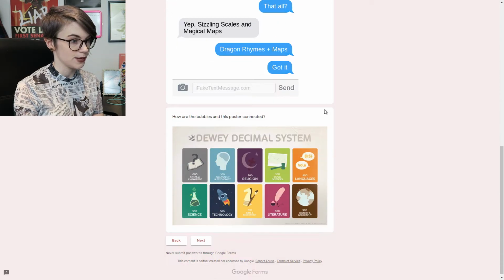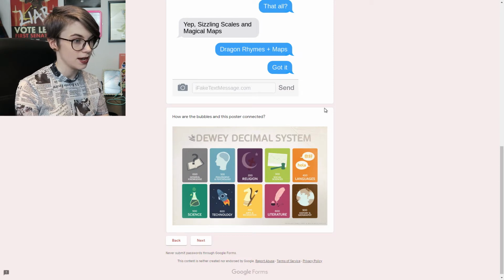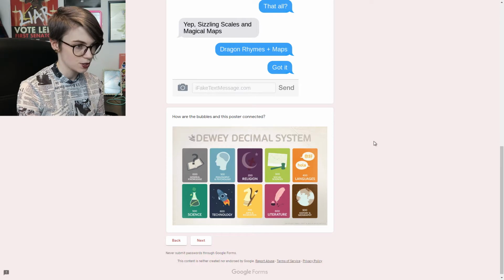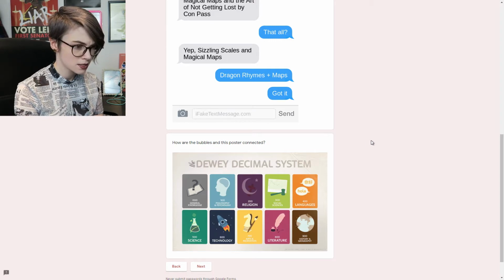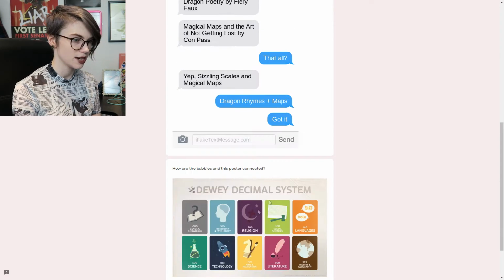Sizzling Scales and magical maps. How are the bubbles and this poster connected? And then there's a picture of the Dewey Decimal System. Dragon rhymes and maps. Is it something to do with the Dewey Decimal System, or is this a random unrelated